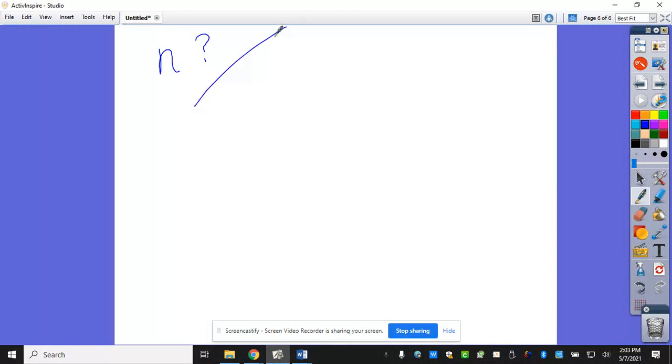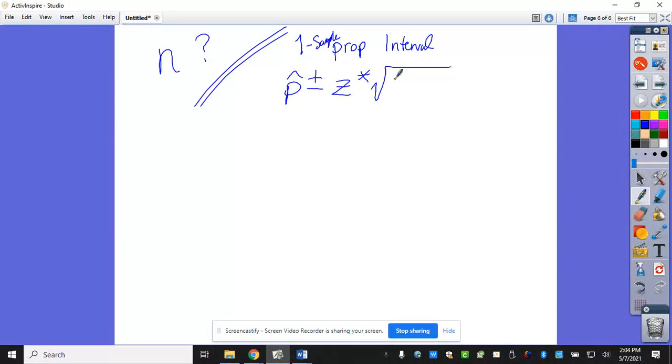Let's go a different direction here. We are doing a 90% confidence interval, and it says the word proportion. So let's write out our equation for a one sample proportion interval. What is our equation? p hat plus or minus z star, and then square root of p times 1 minus p over